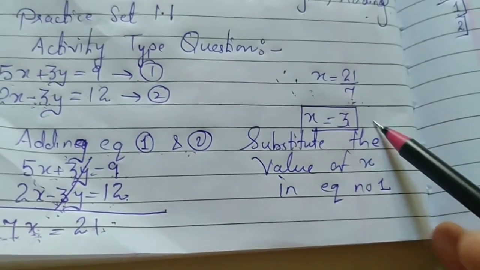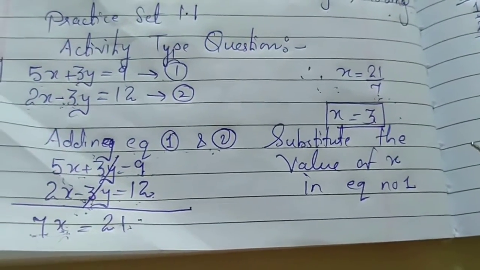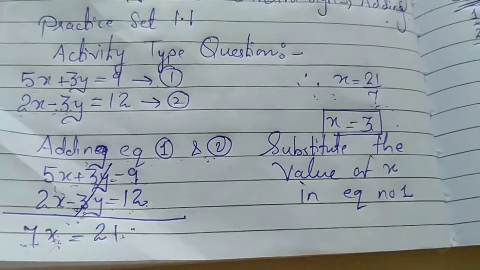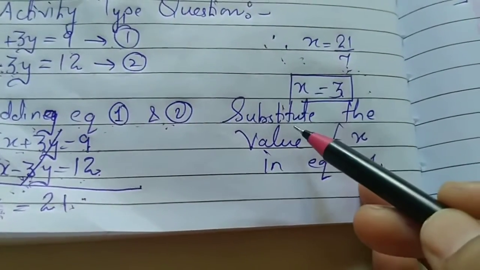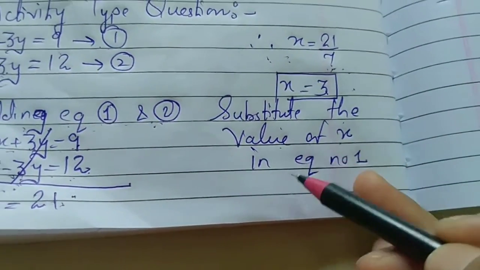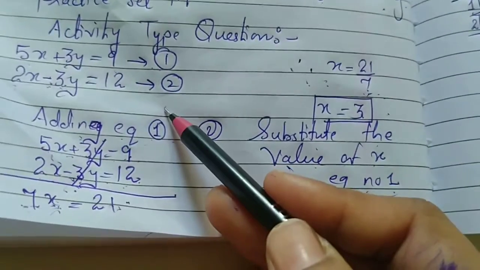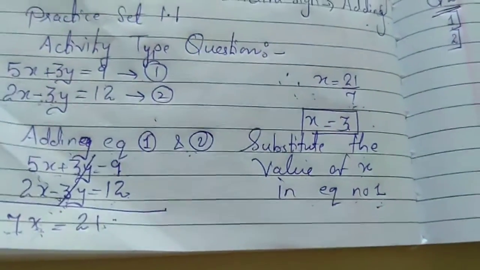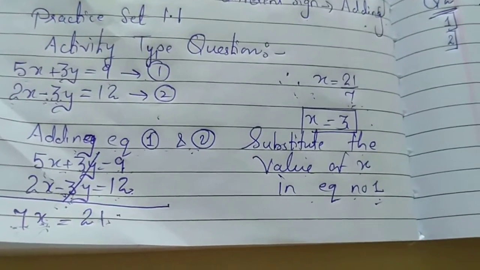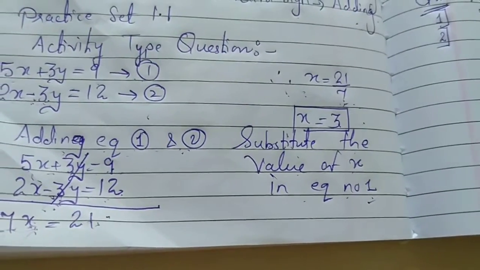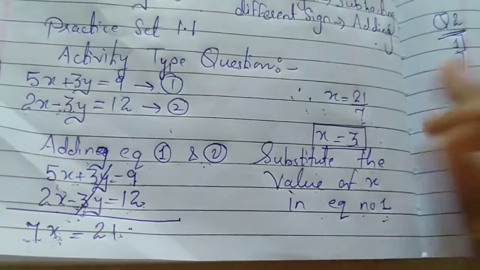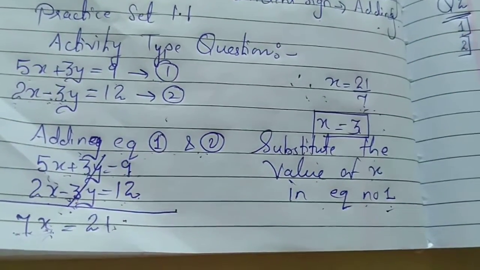Now, what are you going to do? Next, you have to find out the value of y. Now, how are you going to get the value of y? For that, you are going to substitute the value of x in equation number 1, as I did. You can do it in equation number 2 also. Now basically, always try to take the smaller equation, children. You can take the second equation, the answer will be right only. I have taken the first equation, you can take the second.